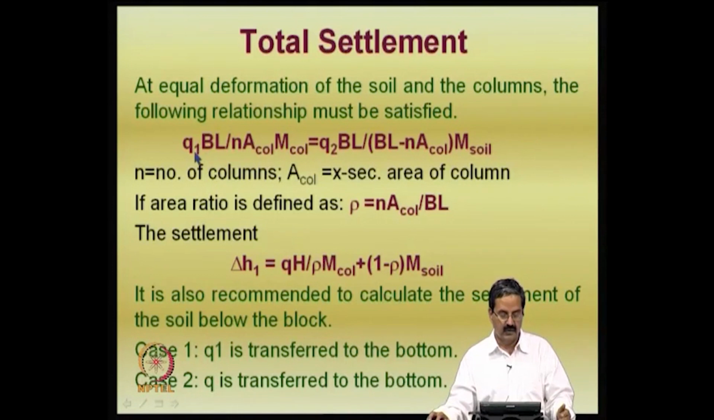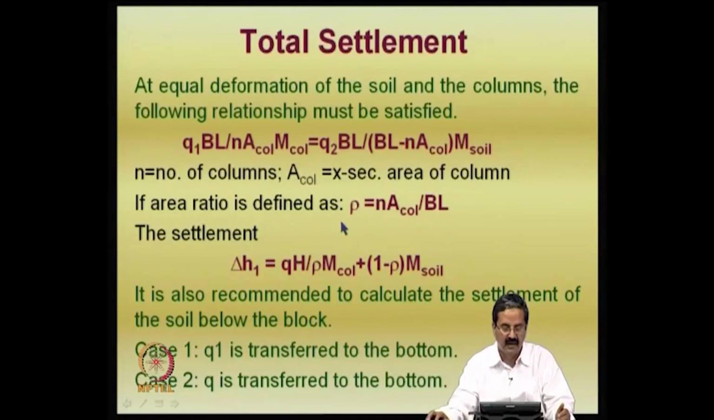It is like Q1 into BL divided by N A column into M column, the area of the column, and the stiffness of the column should be equal to Q2 into BL by BL minus N A col and M soil. Essentially we are trying to see that this is the stiffness of the soil, this is the stiffness of the column, M particularly compression modulus values. So, you are trying to balance that essentially, and N is the number of columns, and area of the cross section area. If the area is defined,